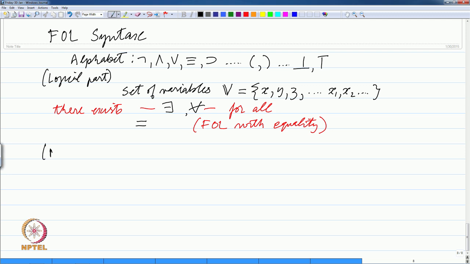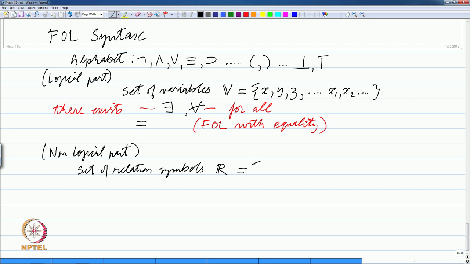And then there is a non logical part, and when we say non logical we also mean the domain dependent part. What is it that we are trying to talk about? So, there are three sets of symbols here. First, the set of relation symbols, we will call this set R,